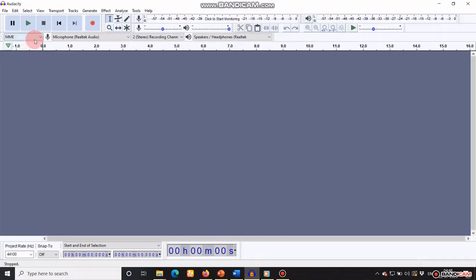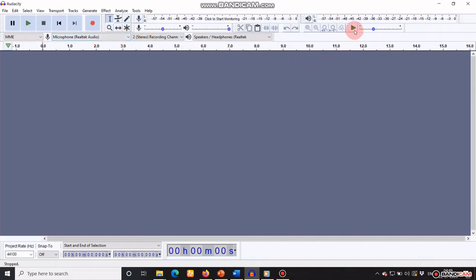Next, select how you want to listen to your playback, your speakers in other words. It is recommended that you use headphones for monitoring playback. Then, in the microphone drop-down menu, you should see your mic, if you have plugged it in and turned it on. If you don't see the mic you want to use, close Audacity, make sure your mic is plugged in, and then relaunch Audacity.